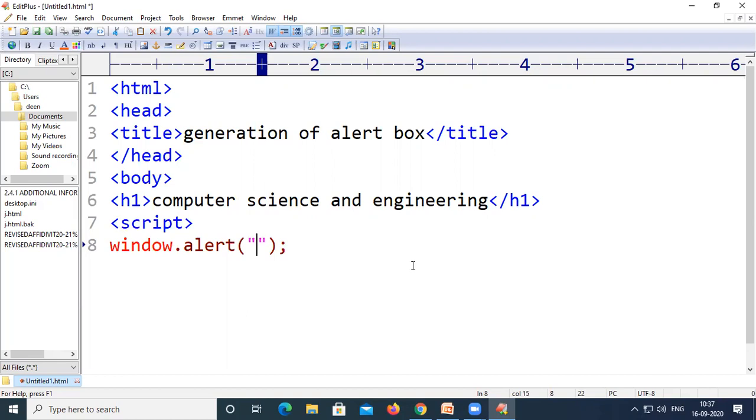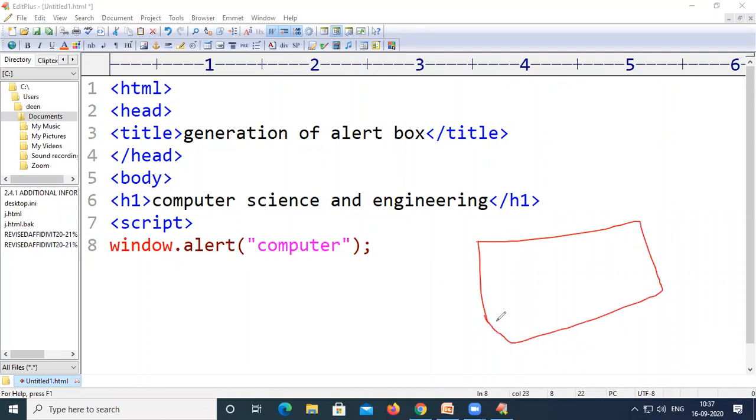For example, I want to have a message like computer. So now what will happen is, if we execute this particular code, a window will be created over the web page similar to this one, right?